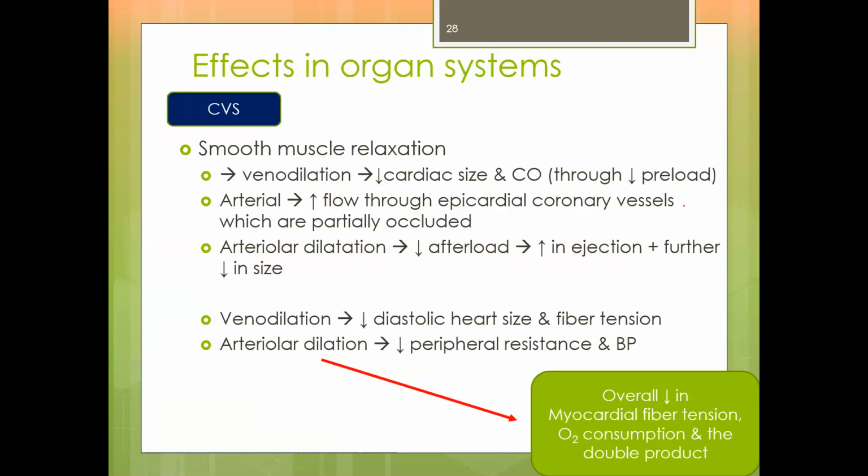So we have reduction in preload, reduction in afterload. Venodilation leads to a reduction in the diastolic heart size and hypertension. Arteriolar dilatation leads to reduction in peripheral resistance and the blood pressure. And so this will lead to overall reduction in the hypertension in the heart, reduction in the oxygen consumption, and reduction in the double product, okay, which is a good